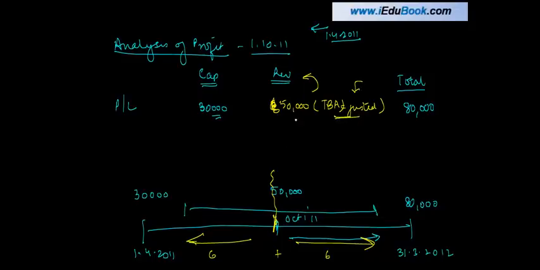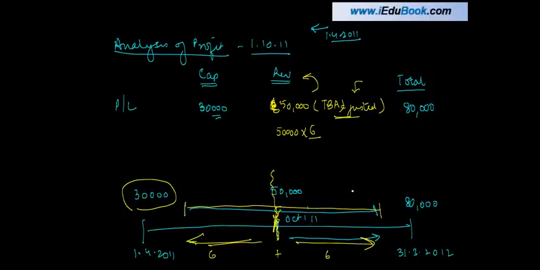Now, if 50,000 is the profit earned during 12 months, I need to know how much profit I earned up to the date of acquisition, which is 6 months from the date when the last profits were given. So I will split this 50,000 into the period prior to the acquisition, 6 months, and the total period,